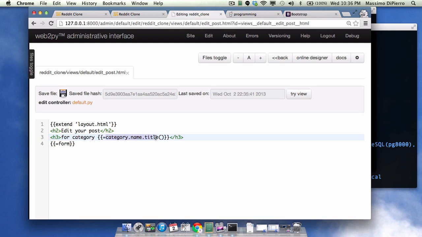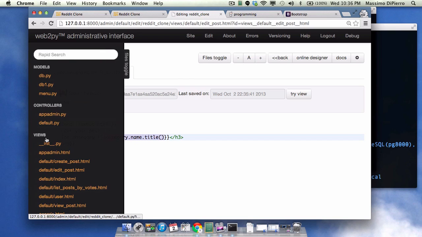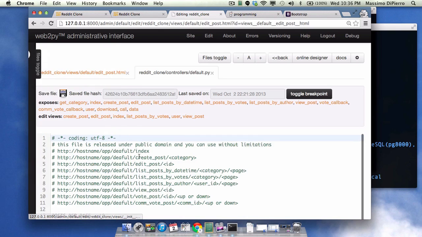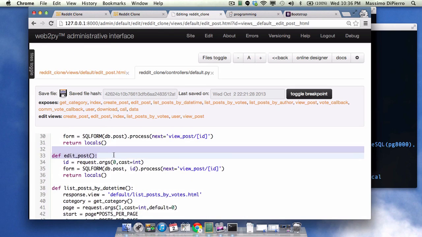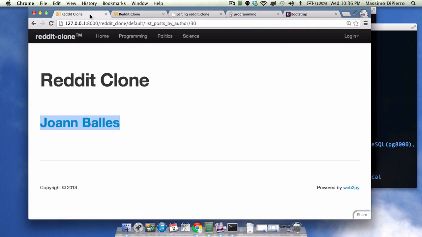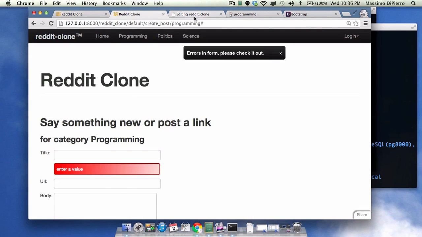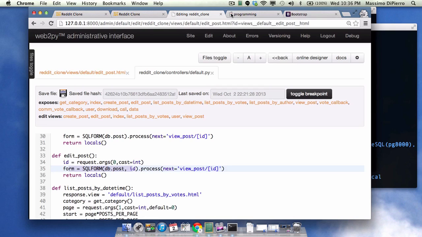The thing is, we don't have a category here. Let's look why. Because the way we implemented it is when we edit the post, with the ID of the post we want to edit, then we have a form, but we don't actually have a category. But that's not completely true, because